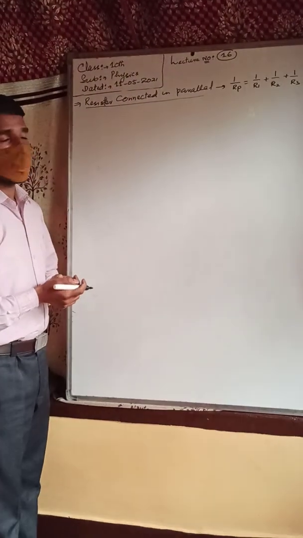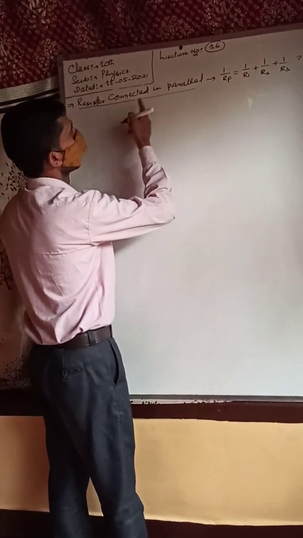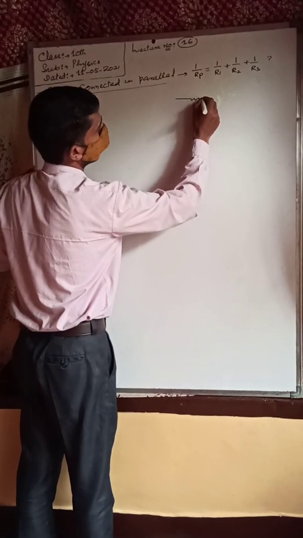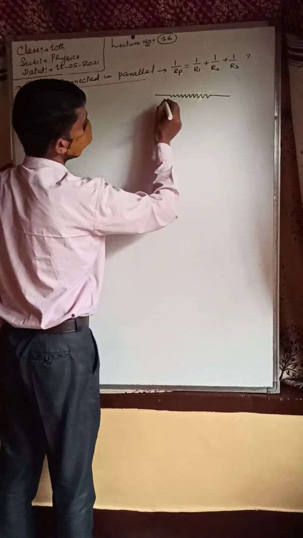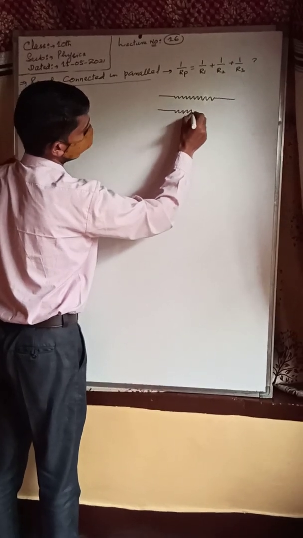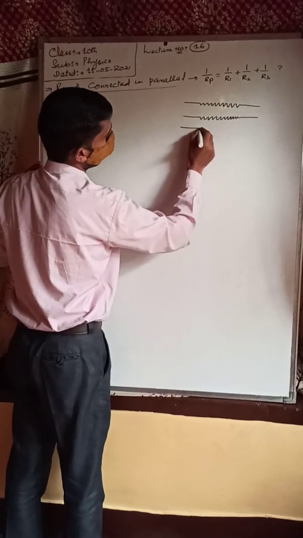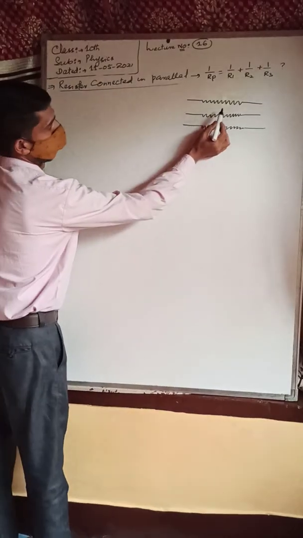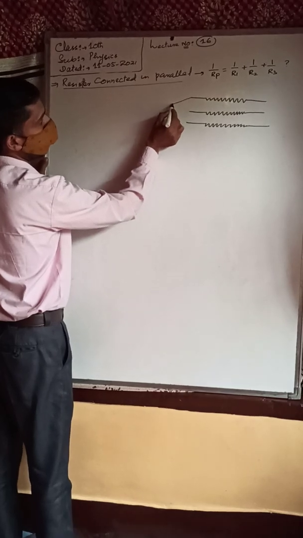But before we start its proof, we have to make a circuit diagram of resistors connected in parallel. First of all, I will make here a simple diagram for resistors which are connected in parallel. Say this is the resistor first, and we have to take another resistor which should be parallel to first one, and this is the second resistor which is parallel to the first. Then another resistor, say this is the resistor third, this is the parallel. This and this does not meet to each other, so they are parallel to each other. Now we will connect them with each other.